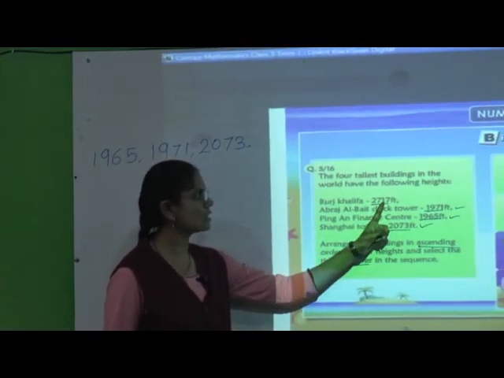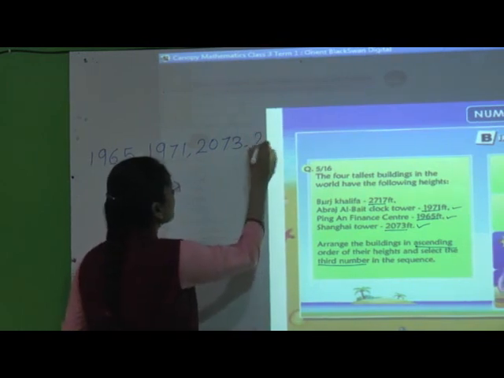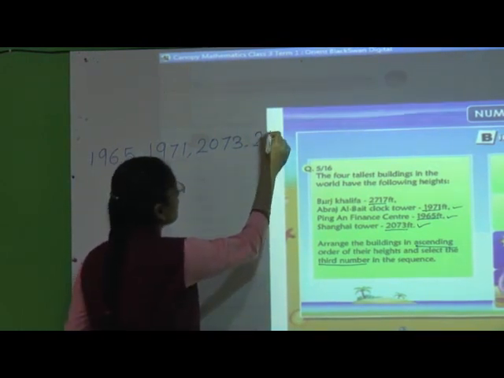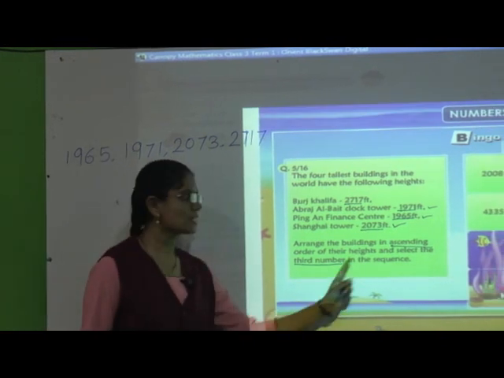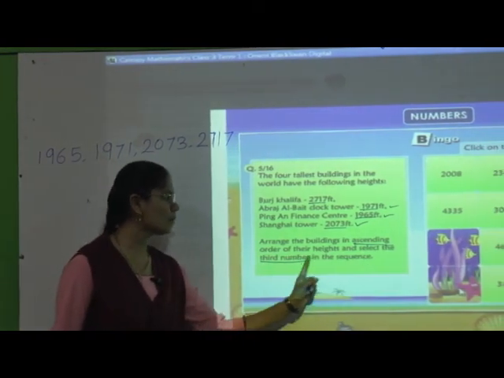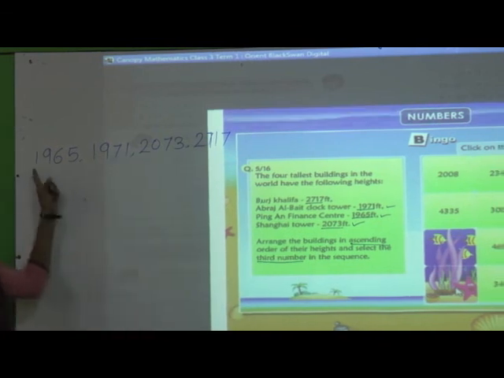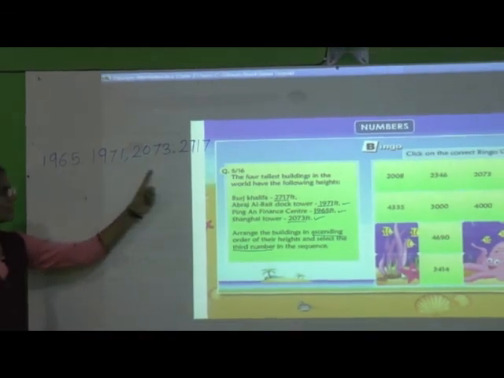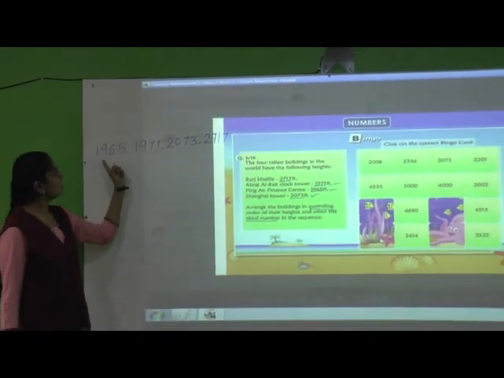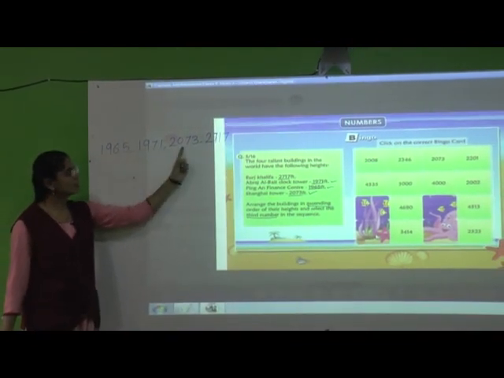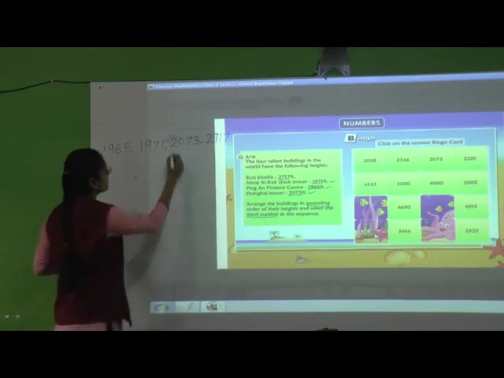Yes, 2717. This is the greatest number. Now our question is, select the third number in the sequence. So this is our sequence. We have arranged the numbers in ascending order, and we have to select the third number of the sequence, and the number is